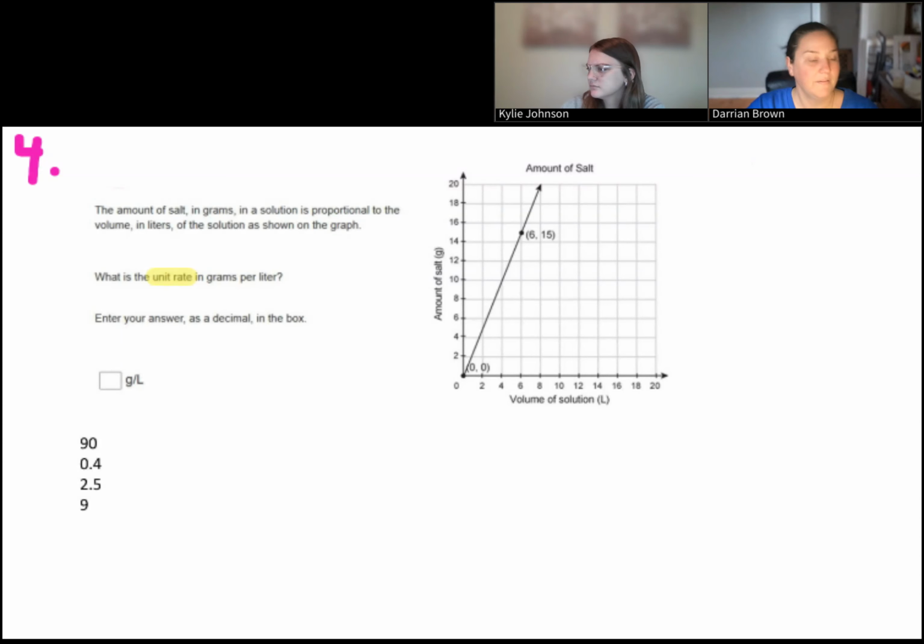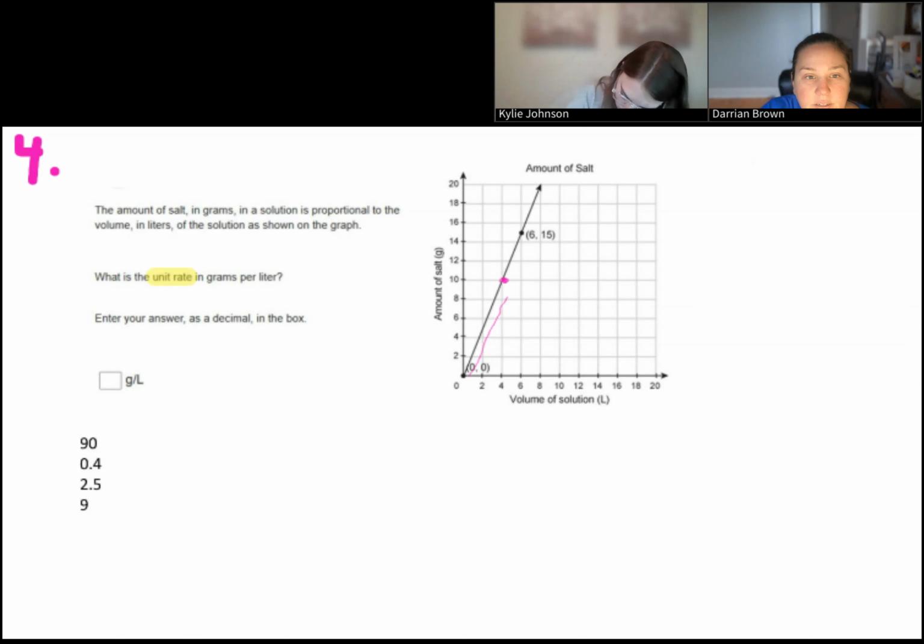Okay, so when you have a graph that is proportional, the easiest thing to do is to look along this line on the graph and see where it perfectly crosses over the X and Y axis. So you can see going up right here, none of that is right in the middle of two squares, but this point right here, that is right crossing over where 2 or actually 4 squares meet together. Okay. So you can take that point, which is going to be